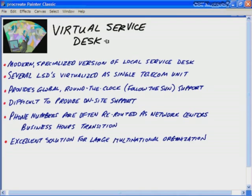The virtual service desk is really the model for the international organization. It's actually one I have quite a bit of experience with. Let me give you the scenario. I used to work for a company called Knowledge Pool, which was a division of Fujitsu. And they basically had a global presence for online training and